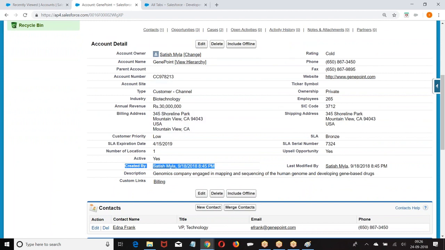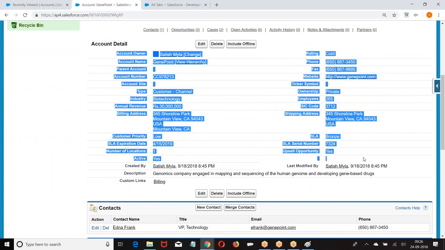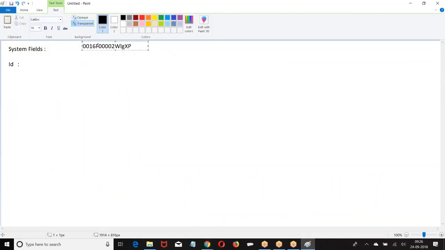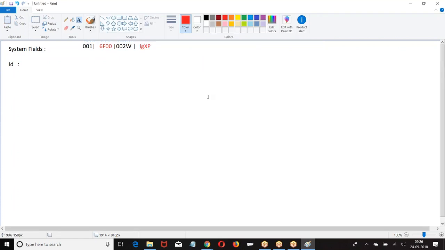If I create one record in the table, Salesforce has created an ID. How many characters is this ID? 3 plus 4 plus 4 plus 4, 15 characters.